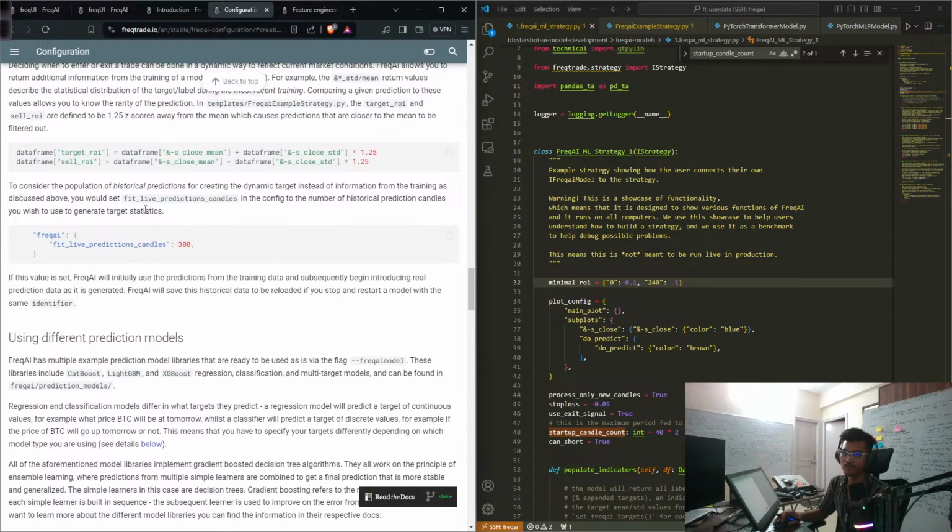Now what they are saying is to fit it for the last 300 candles. So